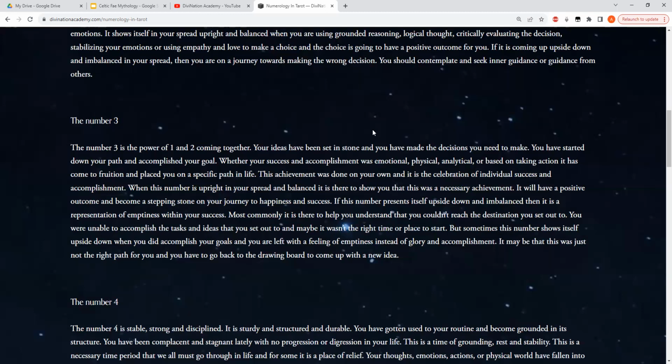It is the number that happens when things come together and you were able to start something, you were able to have motivation, you were able to have logical thought and reasoning and empathy and love and kindness. You were able to take all of those decision-making skills, all of that motivation, all of those abilities to start new projects, and you were able to actually bring all of those to fruition.